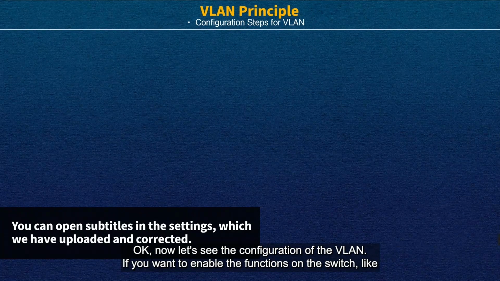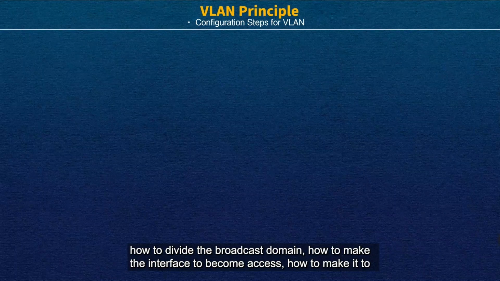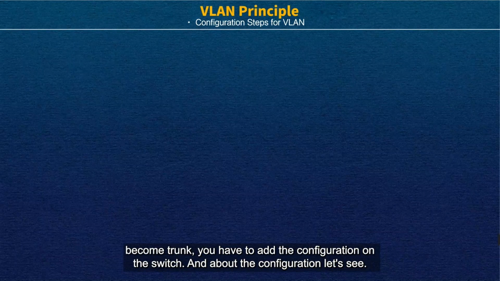Okay, now let's talk about the configuration of the VLAN. If you want the switch to divide the broadcast domain, make an interface become access, or make it become trunk, you have to add the configuration on the switch. And about the configuration, let's see,